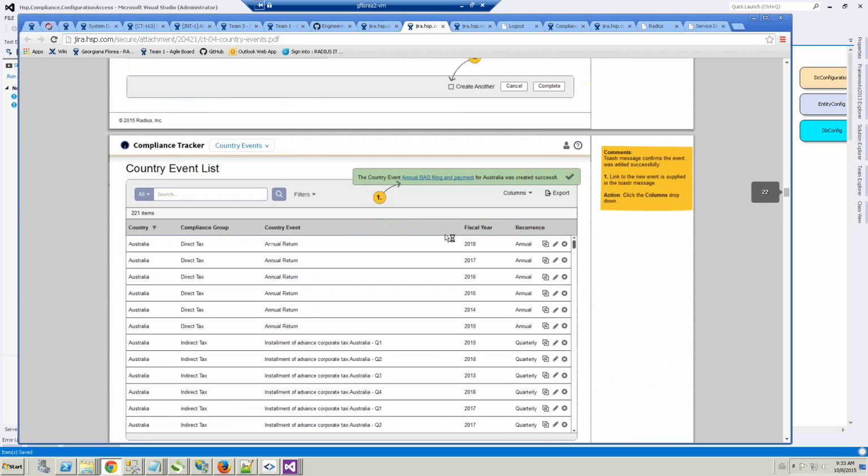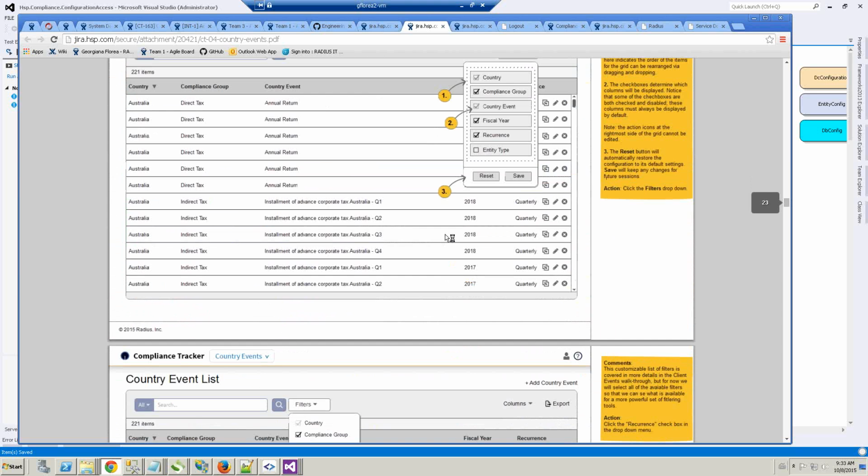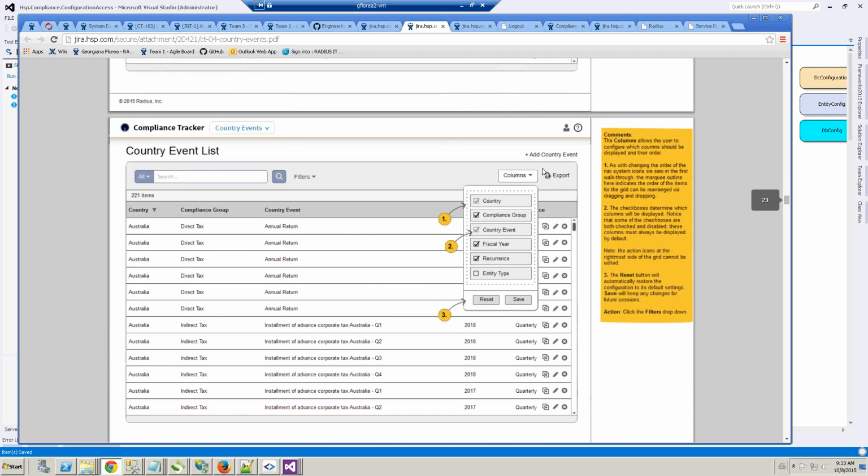What was wrong with that screen? Okay, there's columns. Oh, so here the user has the option to choose the columns to be displayed in this grid. So any change in this